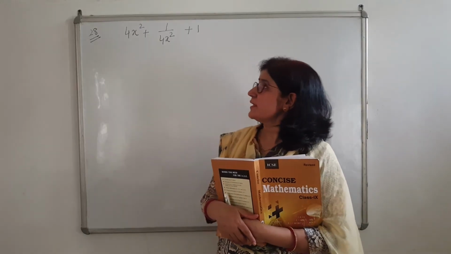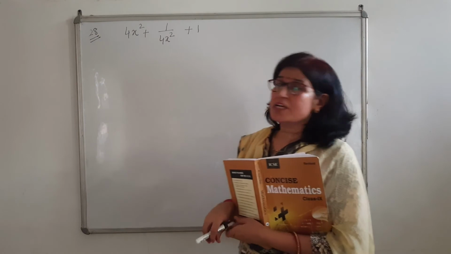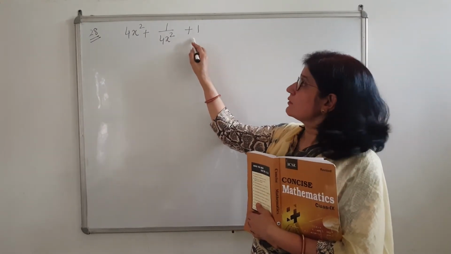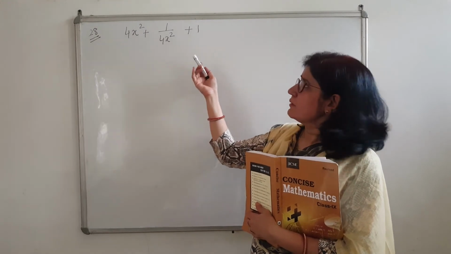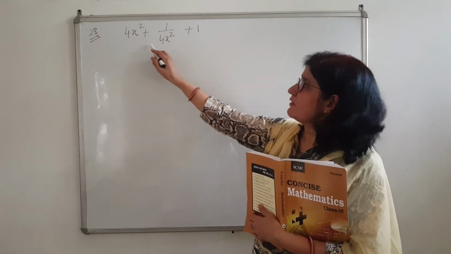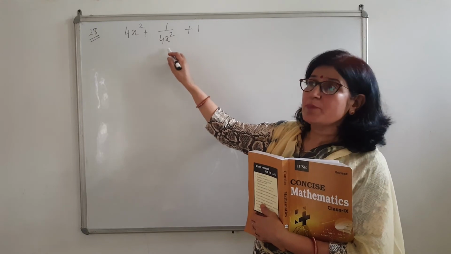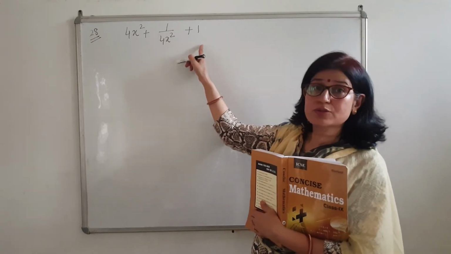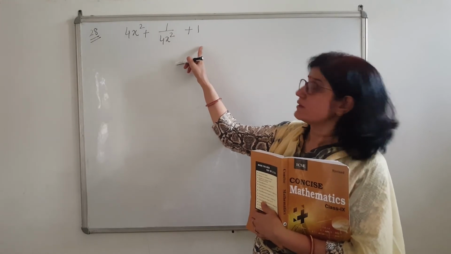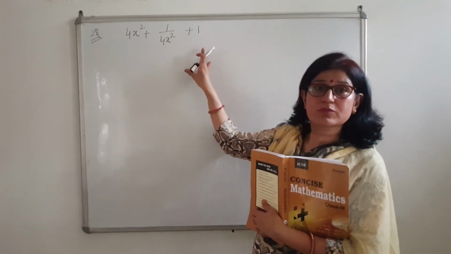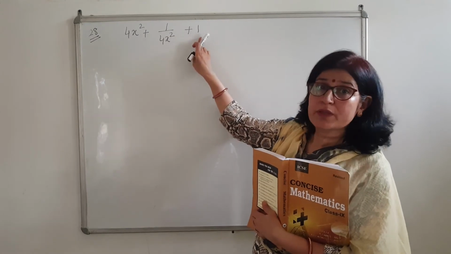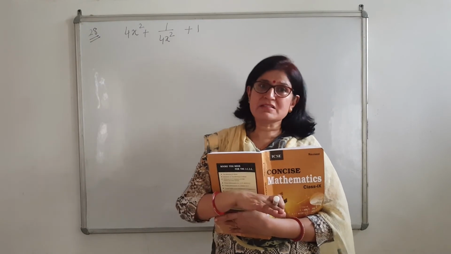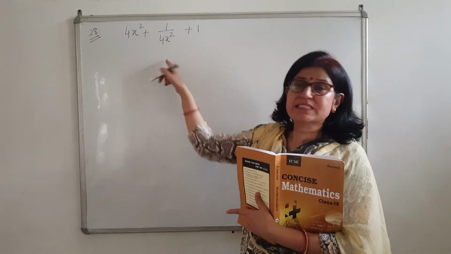Now question number 28. In this question, the statement given is 4x square plus 1 upon 4x square plus 1. Can you factorize it? Even when we change the given trinomial into a square property, we require 2x whole square plus 1 over 2x square plus 2. That means it is not possible. So what will we do? We add a term, because here we require 2. We add 1 and we subtract 1. If in any expression we add or subtract the same term, the value remains the same.